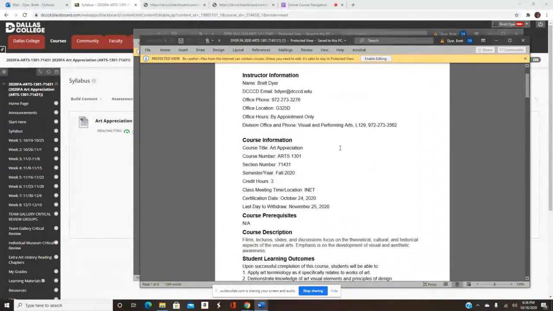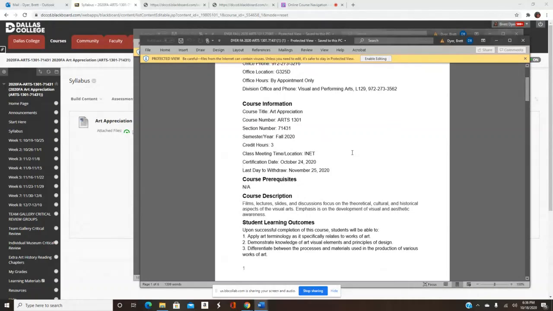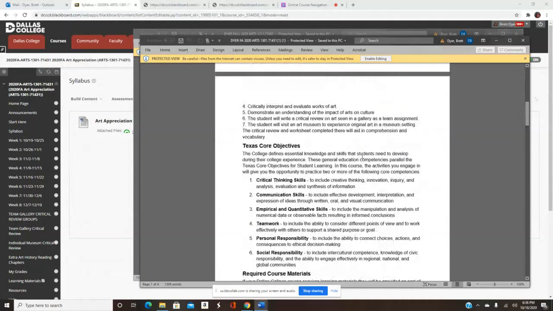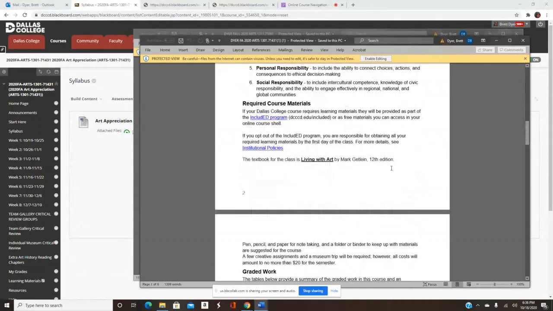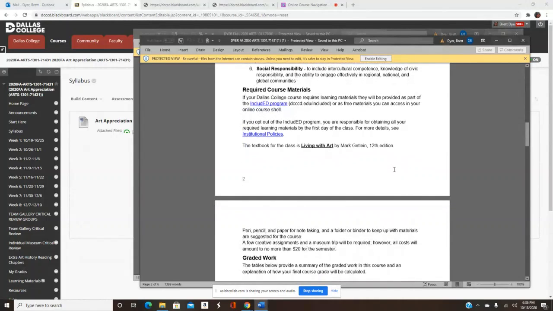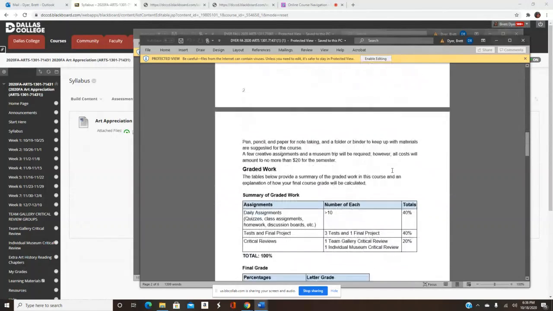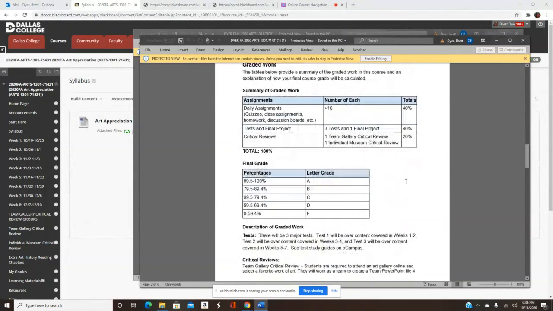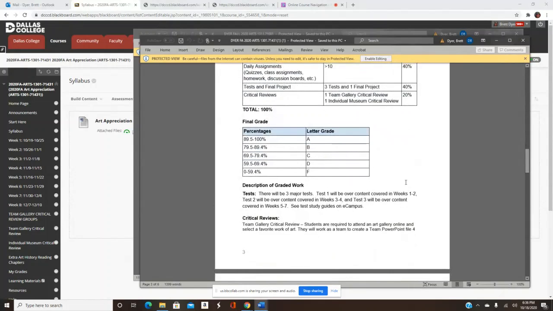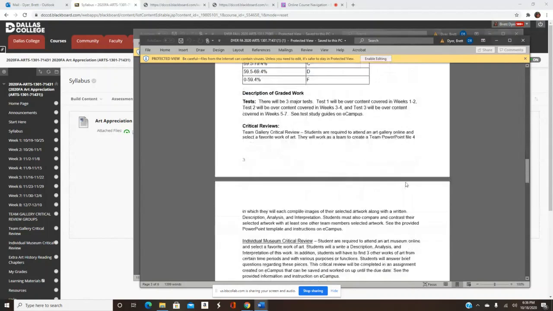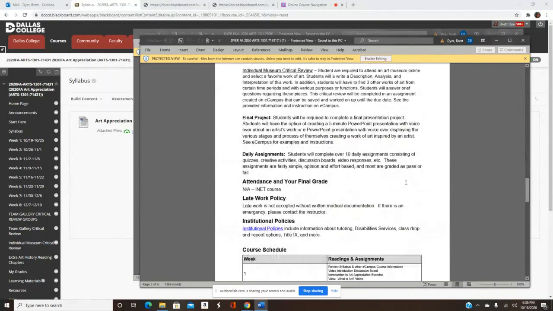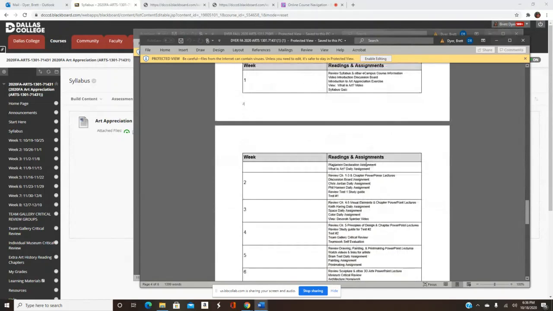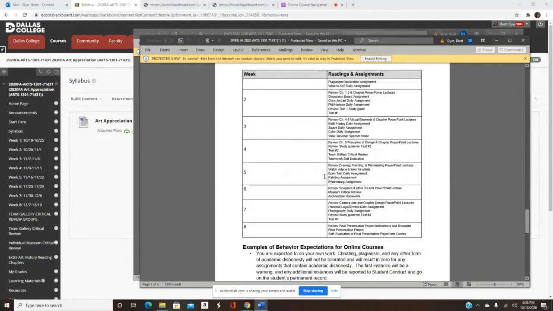You'll find some of the same information that's on eCampus but then additional information explaining what your learning outcomes are, the materials you need for the class, which are all included in eCampus. And then it further explains the assignments and also what each assignment is and how many of each one there will be. Okay. Then you'll see the institutional policies, and then each week kind of explaining what we're going to be doing,